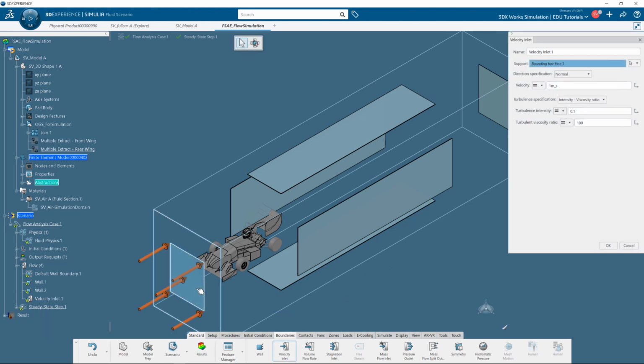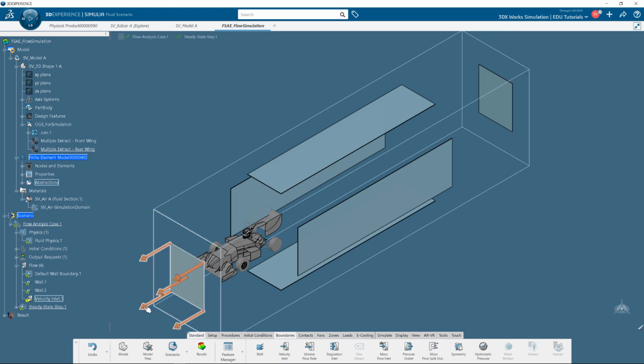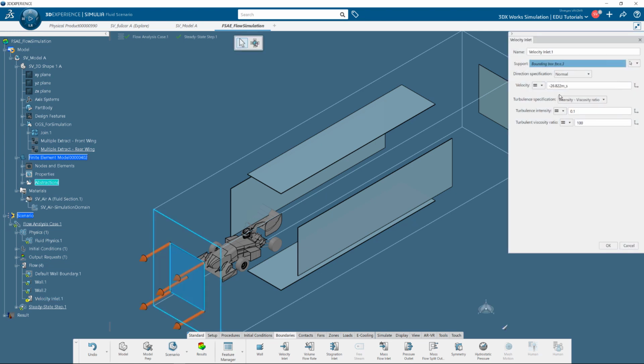Use the velocity inlet feature to describe the flow in terms of velocity of a particle flowing through the inlet. Specify the appropriate inlet phase of the bounding box as shown along with the magnitude of velocity. In this case, 60 miles per hour. With the default turbulence intensity and turbulent viscosity ratio, click OK. Notice that the direction of the velocity is not correct. In this case, you can simply double click on inlet velocity symbol and change the direction by removing the minus